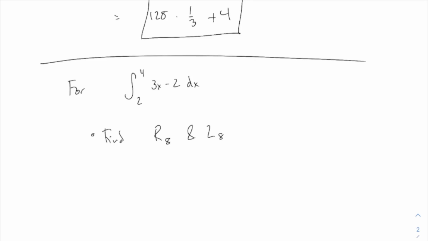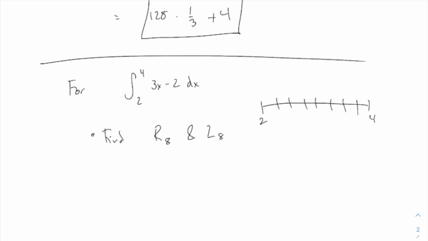I haven't refreshed our memory about this, but remember, this means not doing the limit of the Riemann sum. So just individually, if I took the Riemann sum using 8 terms, remember R8 means you use the right-hand endpoints. L8 means you use the left-hand endpoints. I will just very briefly refresh your memory. How I would start that would be chart out the interval from 2 to 4, break this into 8 pieces,